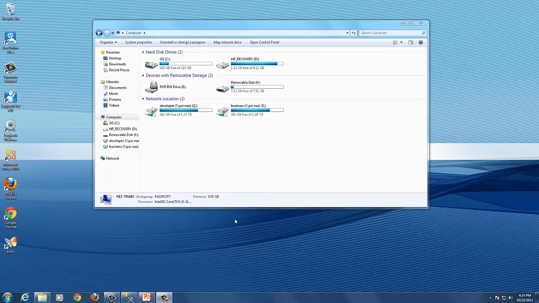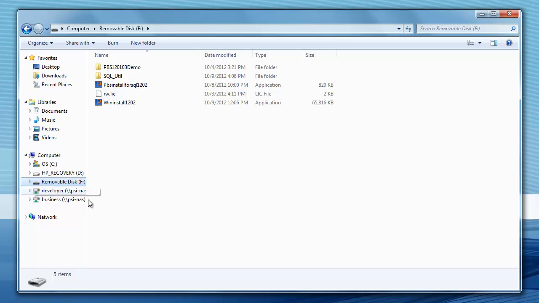I've grabbed the files I need and copied them onto a thumb drive so I could have them available to me on this machine. So the three files that we need to do the installation are wininstall 1202, PBS install for SQL 1202, and an RWLIC file. The RWLIC file will have to be obtained new from Passport Software with 1202. It has some additional information in it that's going to be needed for the installation of the SQL Server version of Passport Business Solutions. So I'm going to take these three files